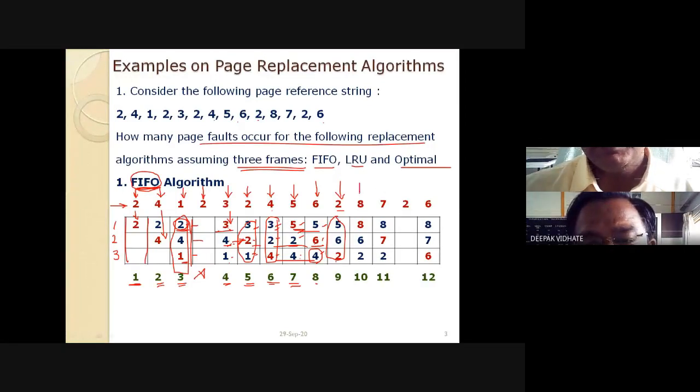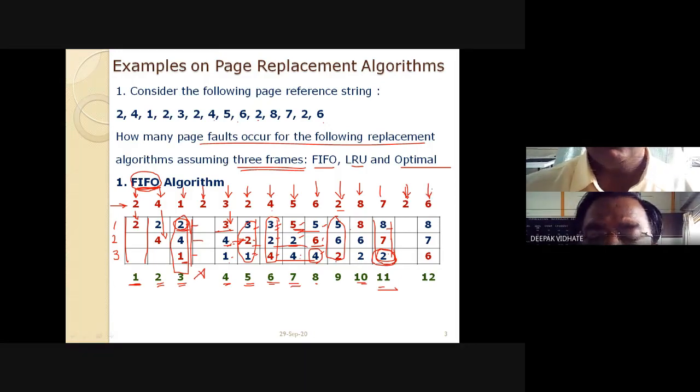Next memory reference is made to page number 8. 8 is not available. Page fault number 10 occurs, and to place that 8, you are going to replace 5. The same for 7, and for 7 you are now getting 8, 7, and 2. Now if you see, when the reference is made to 2, there is no replacement required because no page fault occurs. Why? Because page 2 is already available and the demand is made to 2, so there is no question about the page fault.